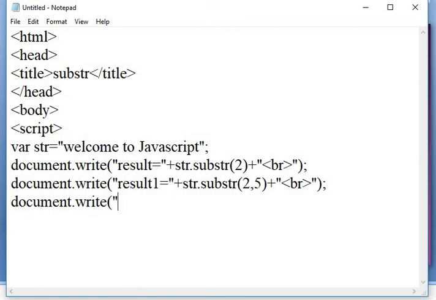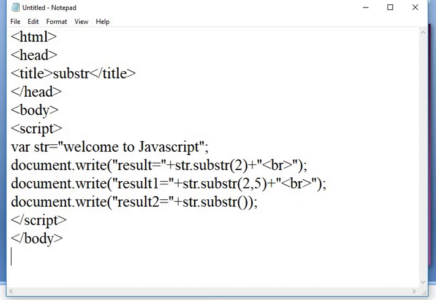Here I am passing result 2 equal to plus str.substr. Here I am not passing any parameters. Close the script tag, close the body tag, and close the HTML tag.